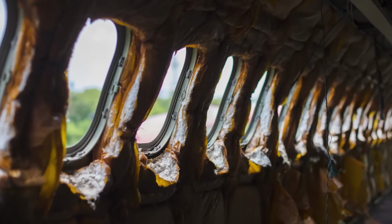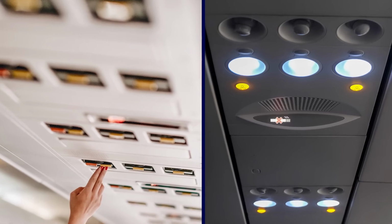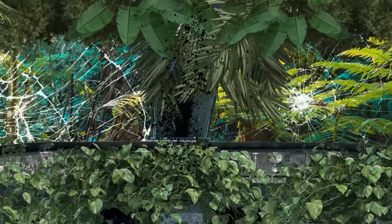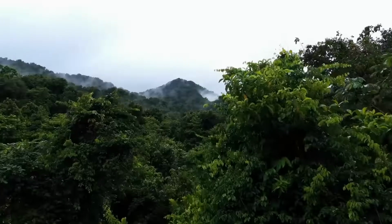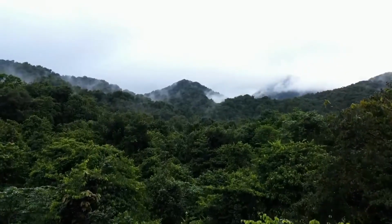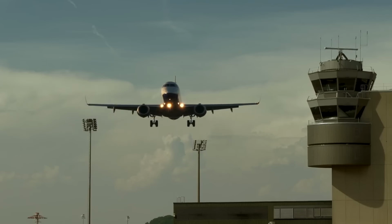When explorers climbed inside, they could still see the stewardess call buttons and old reading lights, and on the overhead panels. Oxygen masks are strewn all over the cabin floor. The cockpit windows are shattered and gone, and jungle flowers grow through the altimeters, fuel pump gauges, air pressure dials, and empty pilot seats. It's almost as though the plane crashed into the Caribbean jungle decades ago, and all the passengers simply disappeared. The plane was purchased and operated by Air Aruba, a tiny commercial airline that operated short trips